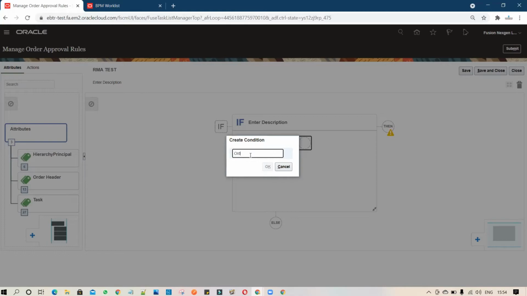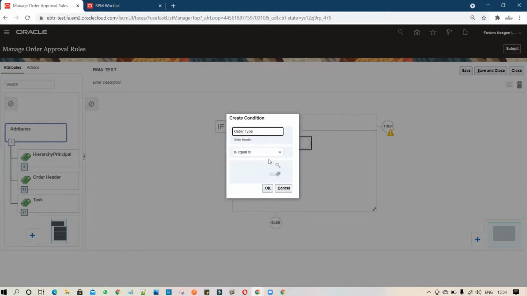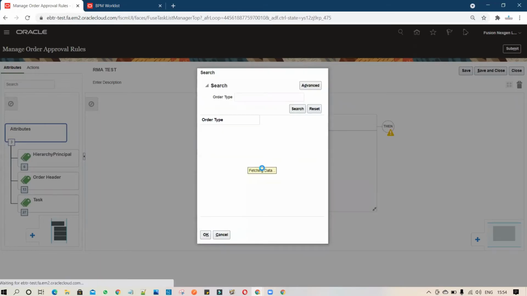So we'll add order type. If you don't have the order type, you can set it up based on customer name, based on other attributes, based on your requirement. Now I will set it up.